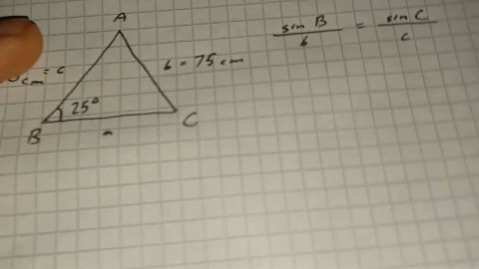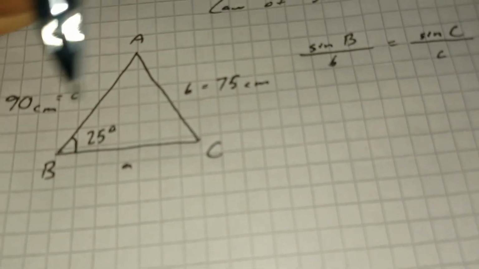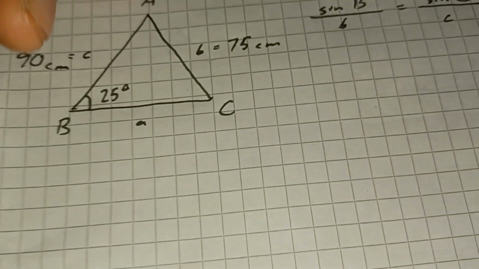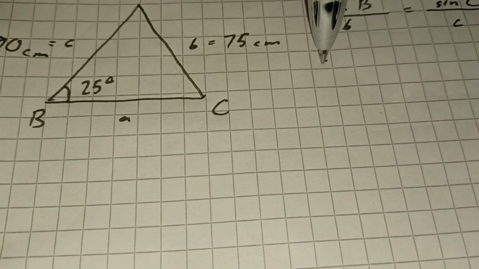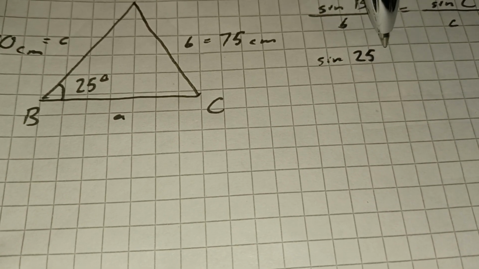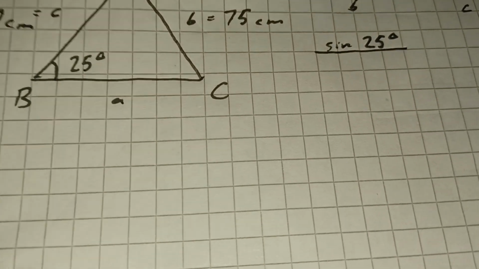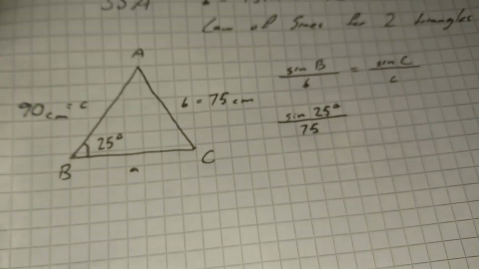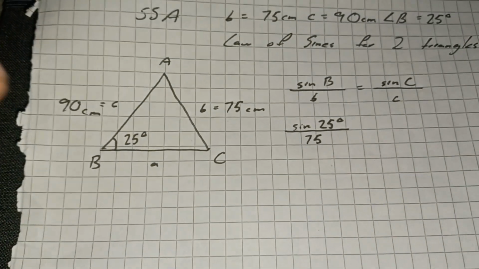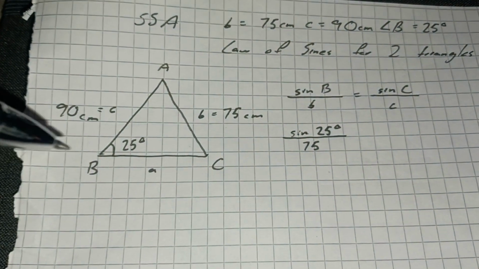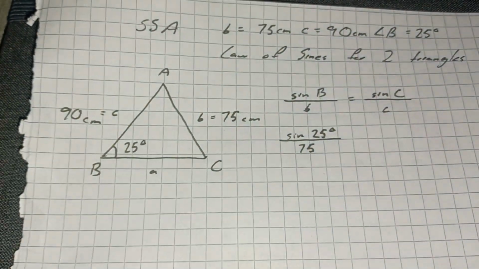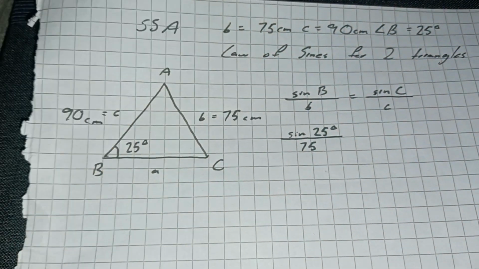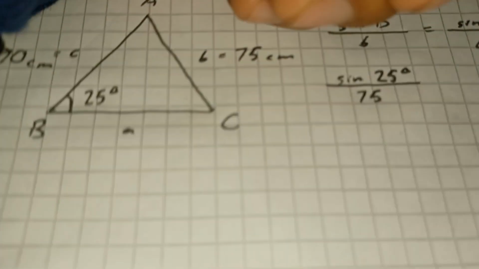Let's go ahead and do it right now. So we have sine of B, which is the only angle we have, so that's the only sine we can take right now. So sine of B, sine of 25 degrees, over little b, 75 centimeters, right? 75. So hope you're following along. Sine of B, which is the only angle we have to work with, is sine of 25 degrees over little b, which is 75. All right, is equal to,